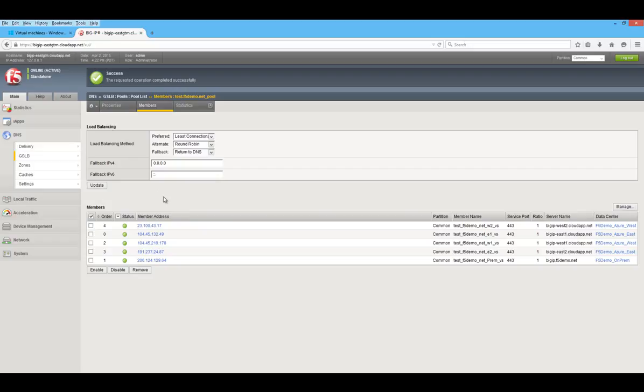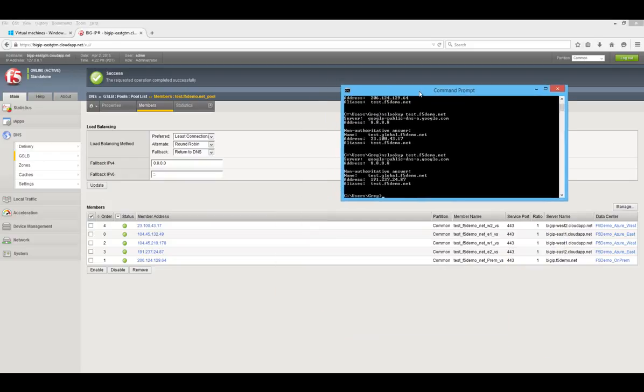So in this case down here, we're looking at the pool members. These are the pool members for our web service that GTM is going to provide DNS resolution for. We'll do a real quick example to show. Do an NSLookup for test.f5